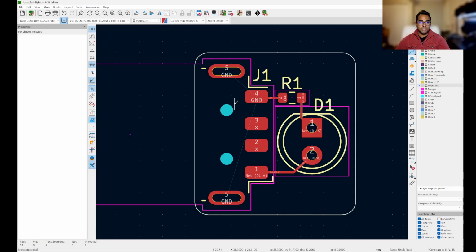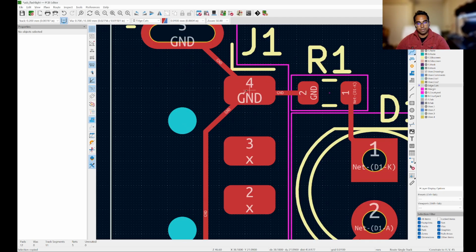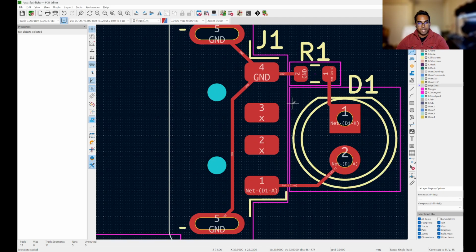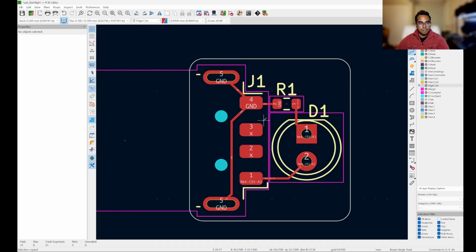Now you'll notice that the two shielding tabs on the USB connector also need to be connected to ground. I could do this. I could add tracks from ground to the singular ground pad like this, but depending on the type of board you're building, there can be different reasons to do that or to not do that. What's more common practice, especially with